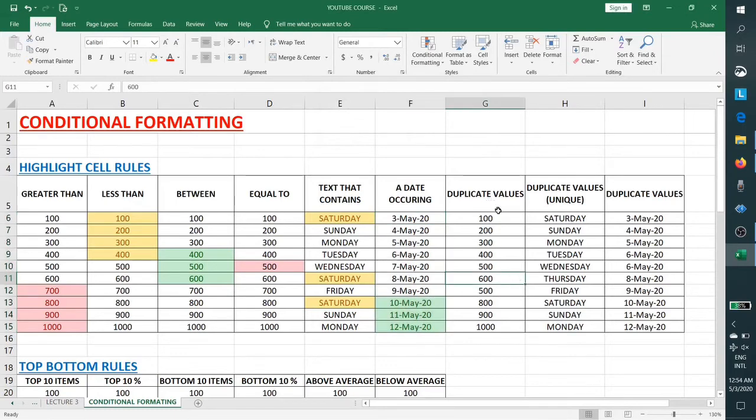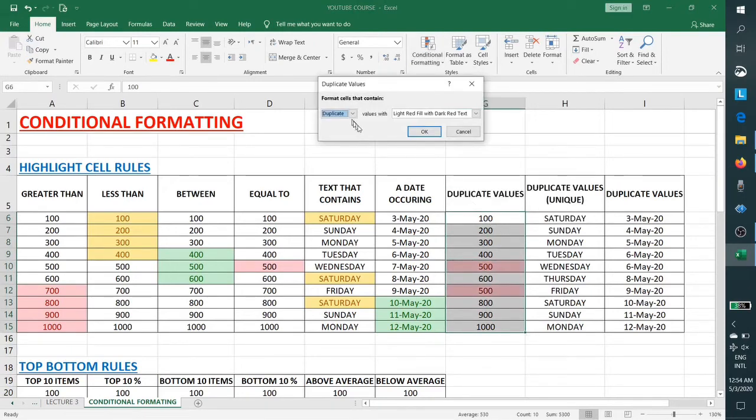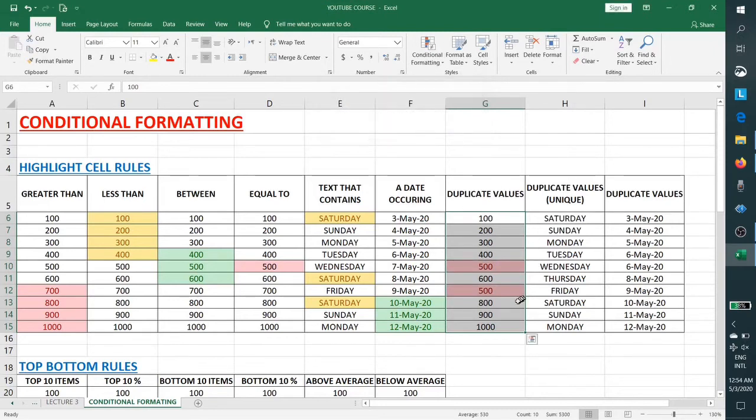Let us go to the duplicate values, select the cells, go to the duplicate values, and so we are asking it to fill it with red color. So whatever the duplicate values we have here, it will select, it will show us in a red color. Let us try this one. We'll put 100. So we have two duplicate values, so it is showing us red color. Let us make it 700, so it will remove the color from 500.